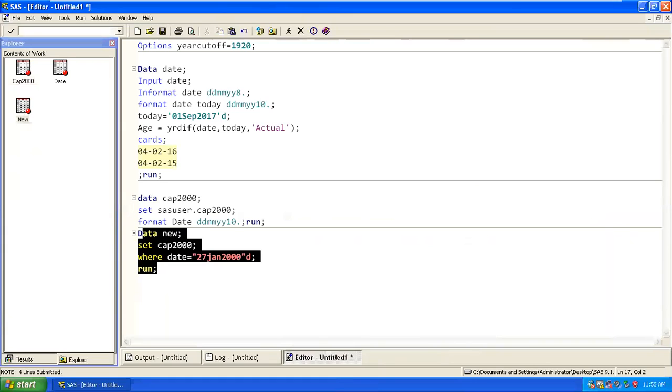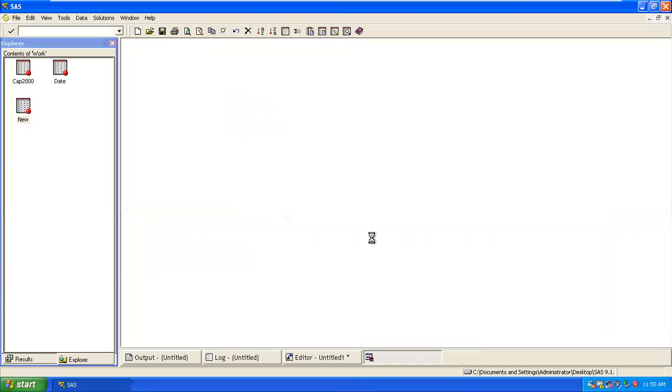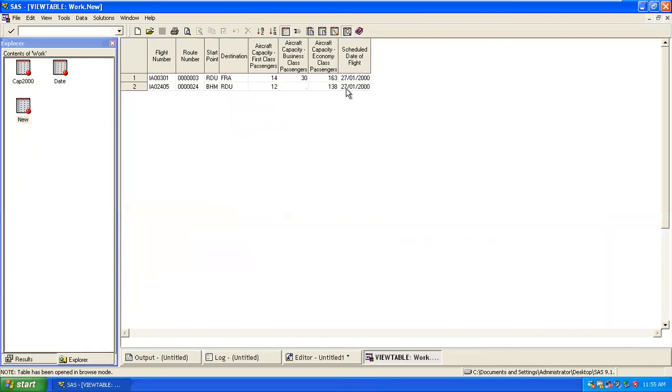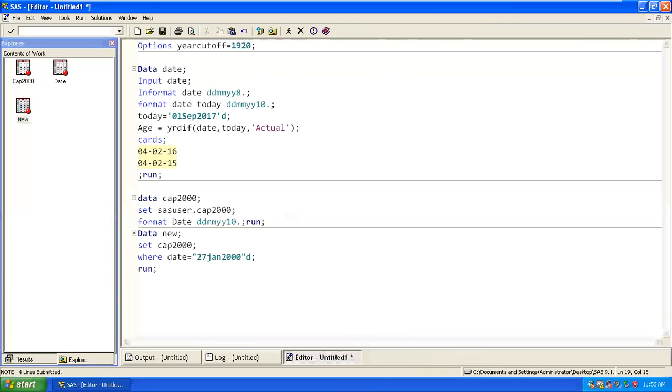If I try executing it, I'll get the output based on that. So we have two rows, which are related to your 27 Jan 2000 date. As we are applying, this is the date constant. Getting it? Yeah. So only this 27 Jan 2000. So this is the date.